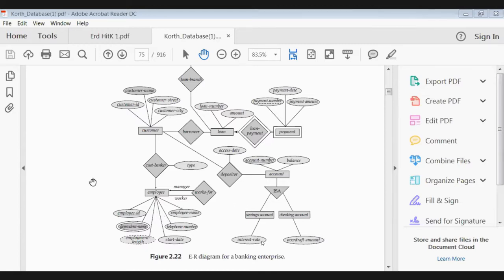Okay. So this was the table. Let me show you another ERD. We have time, so let me show you another ERD. It is hand-drawn. Wait, let me show you.